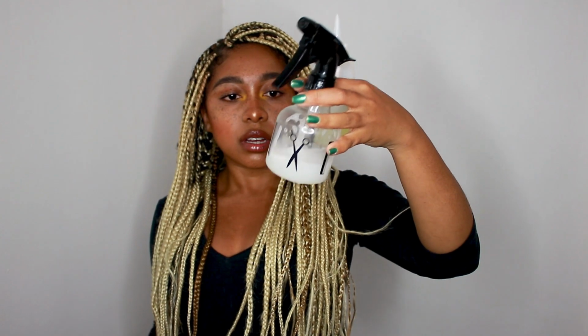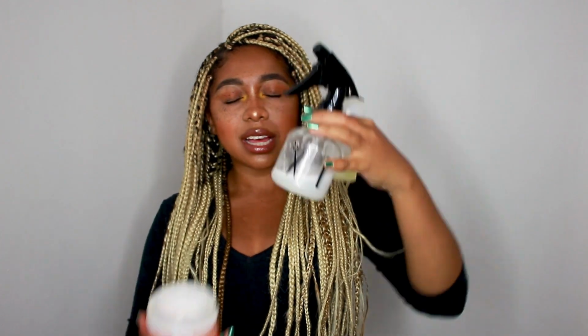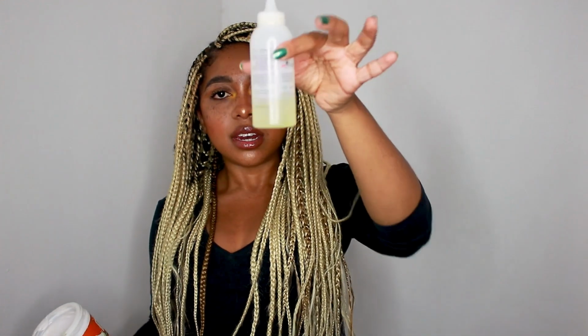Let us get straight into it. So first things first, these are the products you're going to need. You will need any leave-in conditioner that works for you, water or a light conditioner mix. This one has a drop of conditioner in it, but you can use plain water, and whatever oil you want to use